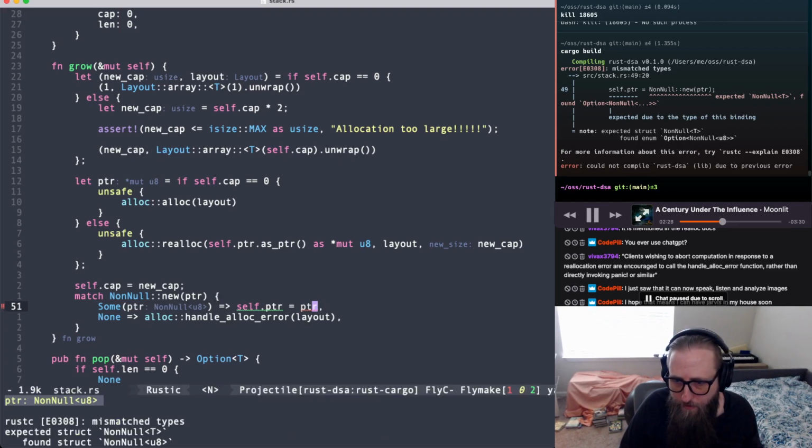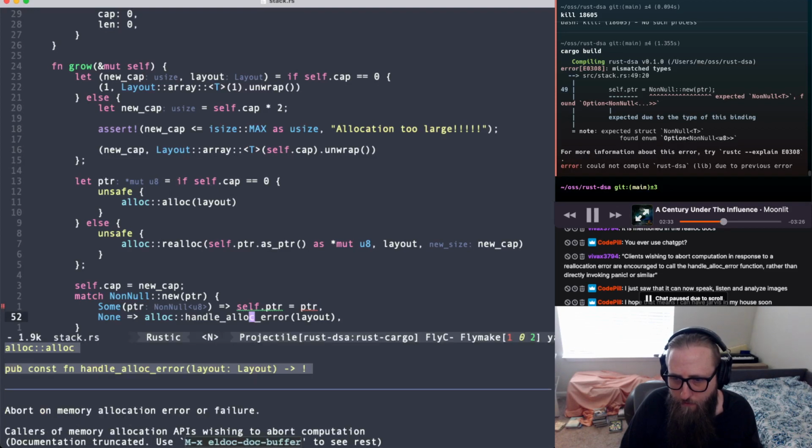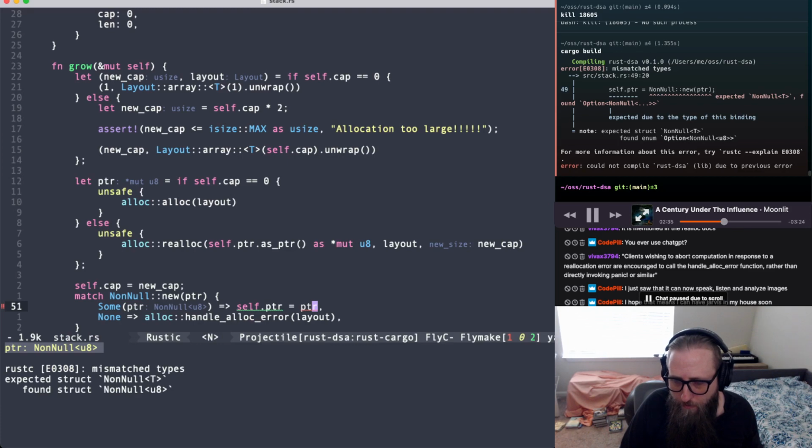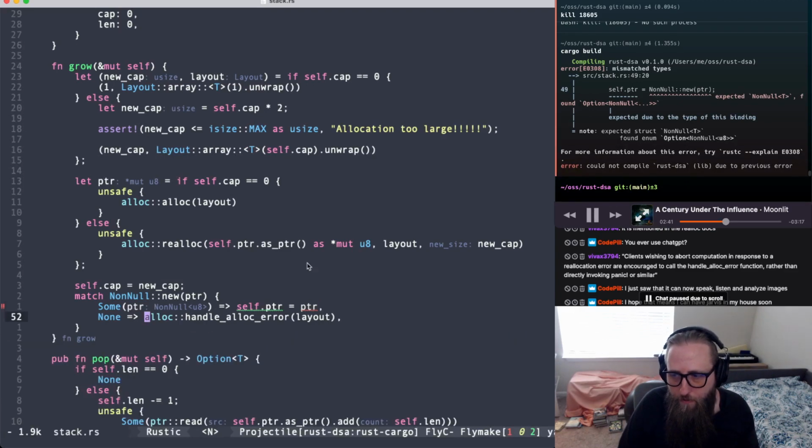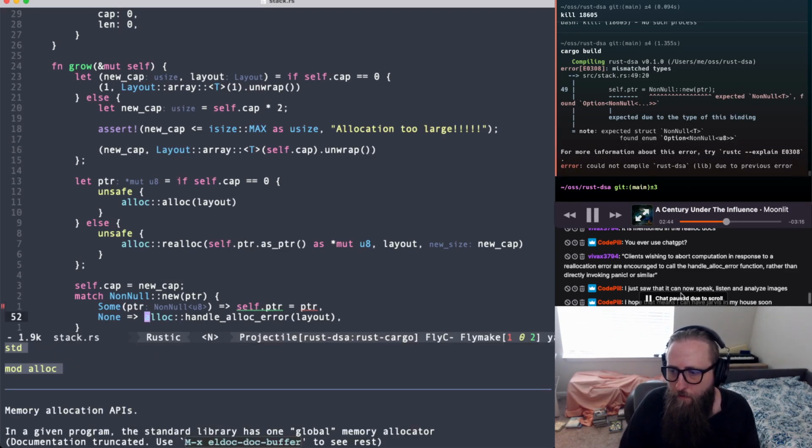Yeah, so this is probably just about return. Expected struct non-null 2, found struct non-null U8. That's because I'm returning things here and I don't actually want to. So I think what I have to do is put some curly braces around it and